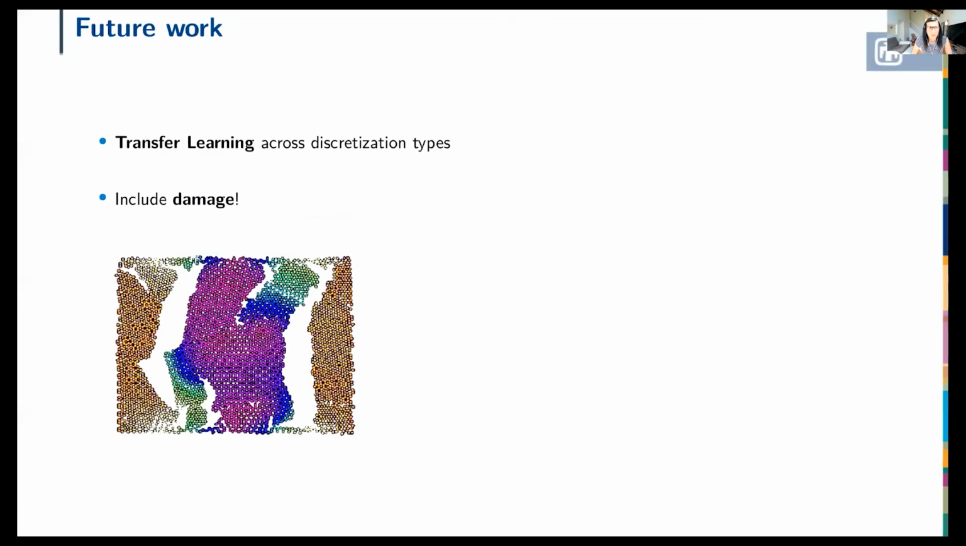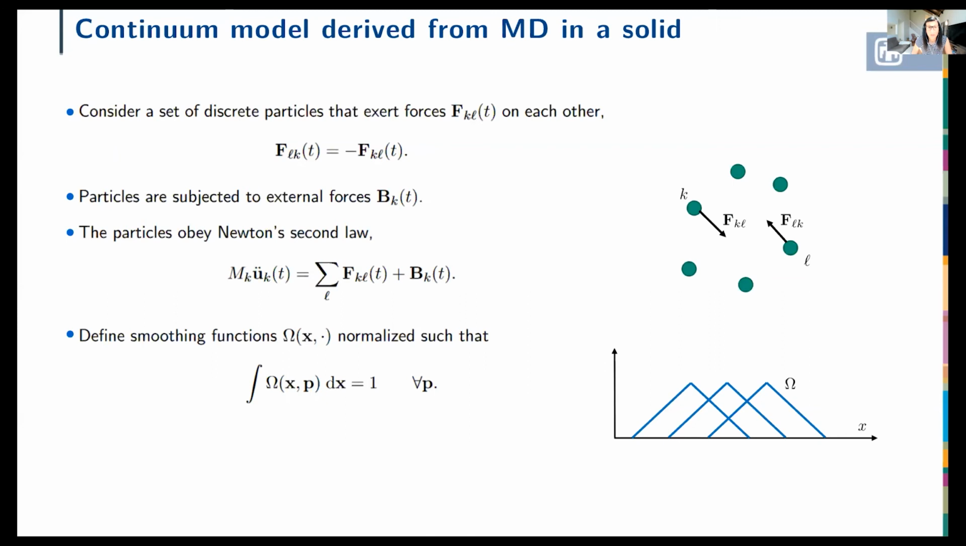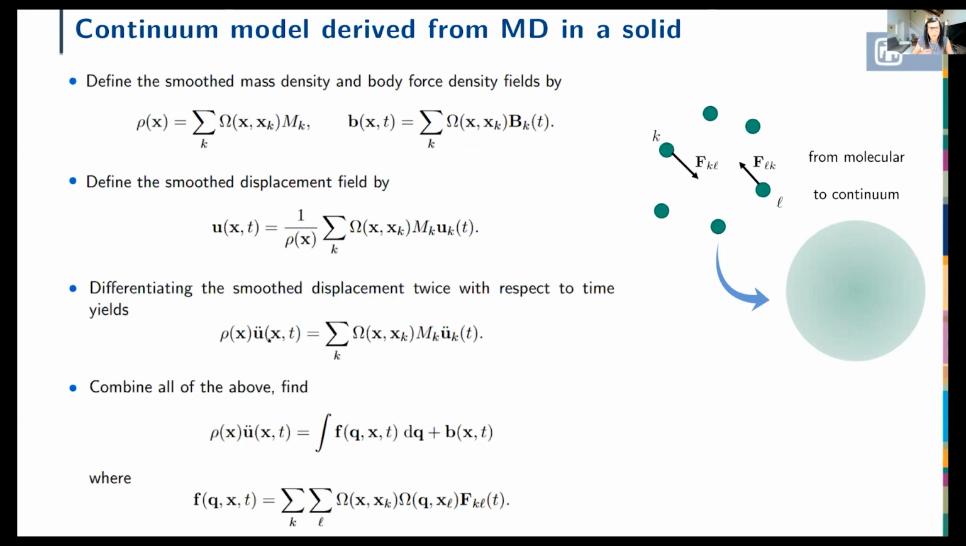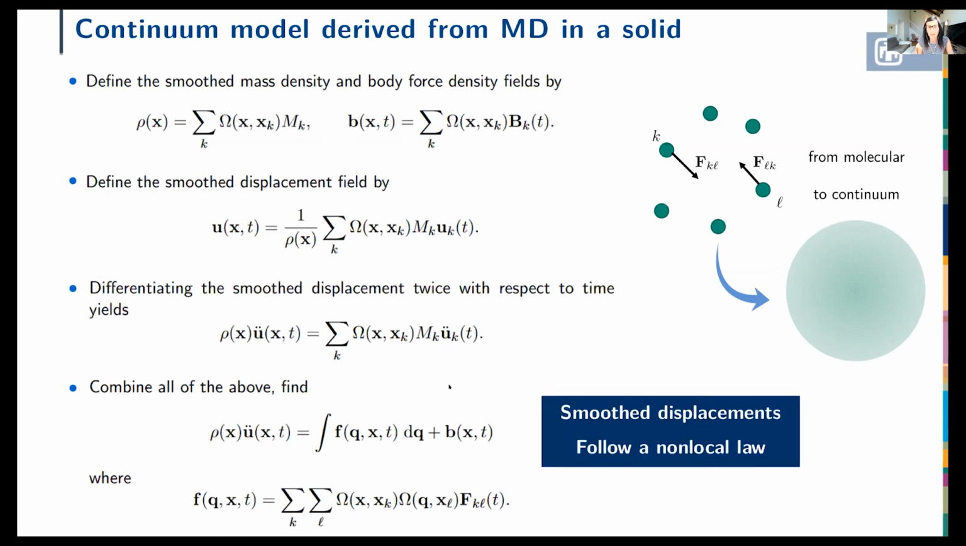Let me show you how we get to the continuous model. We simply start from a set of particles which have forces between them, and we apply Newton's second law. Then from the particles, we introduce some smoothing functions, and this is how we go to the continuous setting. We redefine all the quantities based on these smoothing functions, so we have continuous quantities, and the same applies to the displacement. Once you differentiate in time and apply this to the displacement, what you get when you take the limit is an integral equation. This is why we claim that smoothed molecular dynamics displacement follows a nonlocal law. But there are other